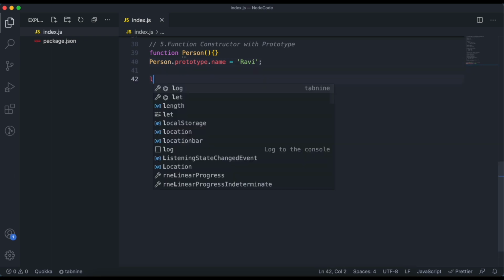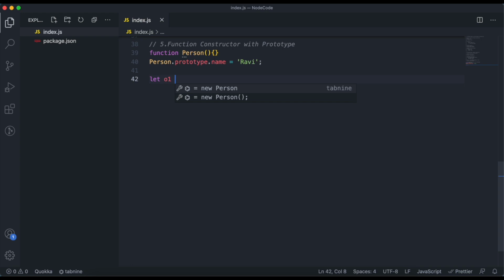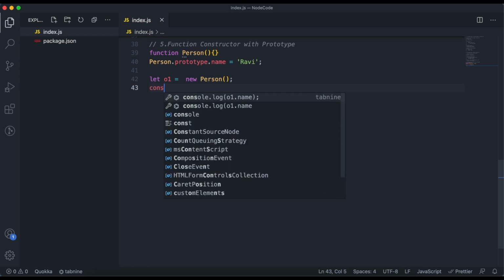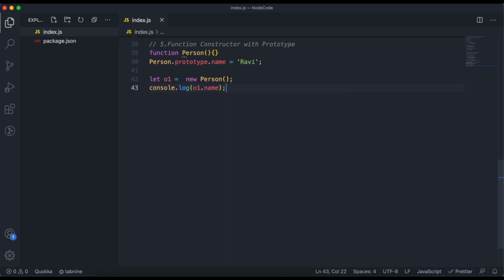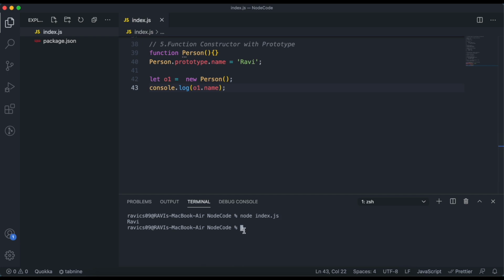And now let's create an object. Let's say o1 and we are creating new person. Now let's try o1.name and try to run this one.